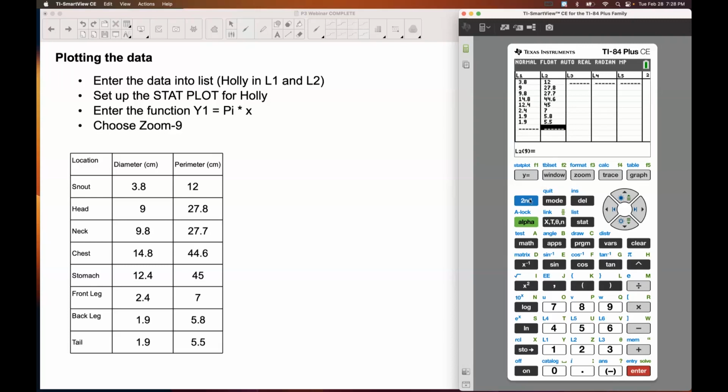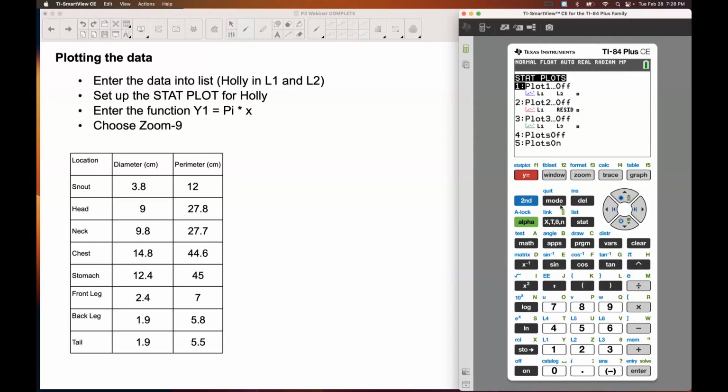So she's going to make her stat plot in the Nspire. You would add a page, do a data and statistics page, and label it. If you want us to walk through part of this on the Nspire,